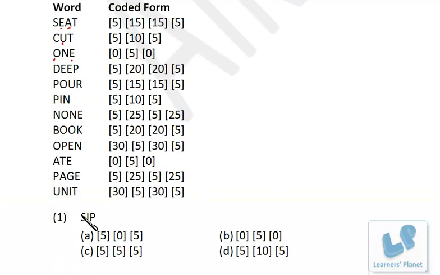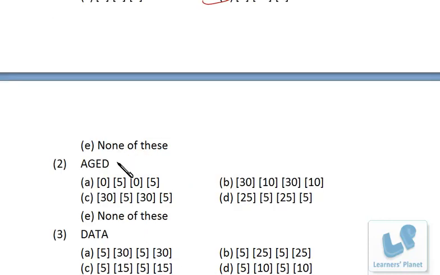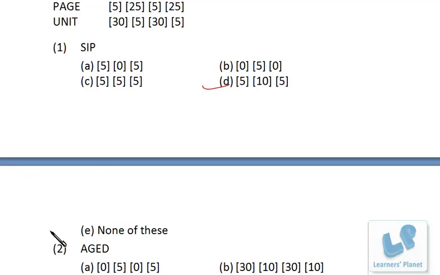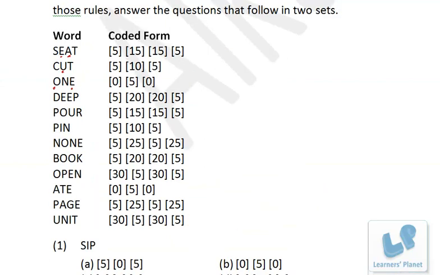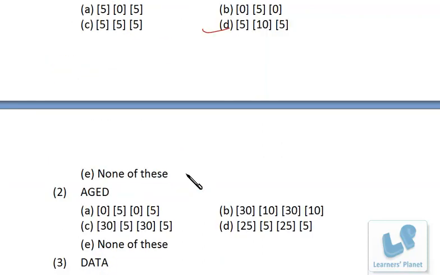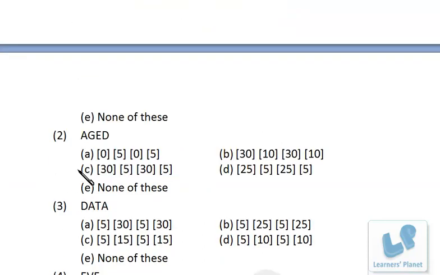Then we have two consonants and a vowel in between. So two consonants and a vowel in between, that is CUT. So that should be 5, 10, 5. So that's T. Okay. Now next is vowel, consonant, and all of the four are different. Okay. So let's see. Vowel, consonant, so that must be 35, 35, right? So that's C. Okay.